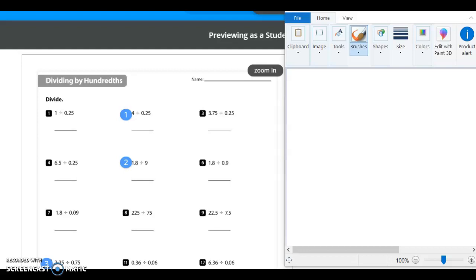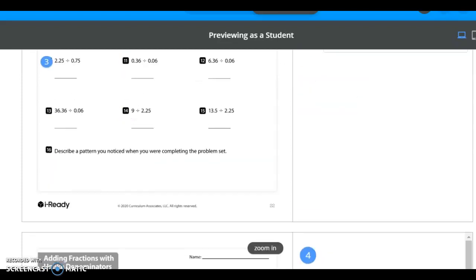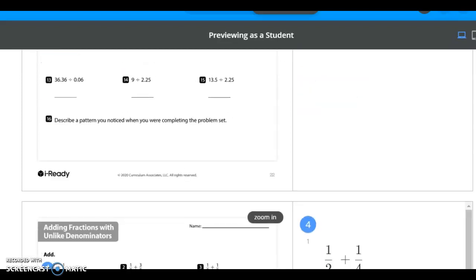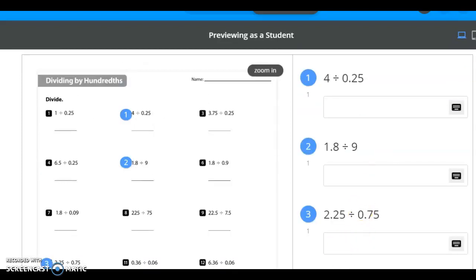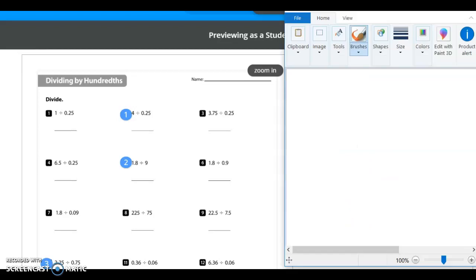So today, your formative assessment or assignment, not assessment, which is graded, all of this is graded by the way, is dividing by hundredths. So dividing not fractions, but decimals, and then adding fractions with unlike decimals. You've done this before, it's just been a while. So let's review, okay? So the first problem I'm going to do as a review is 3 75 hundredths